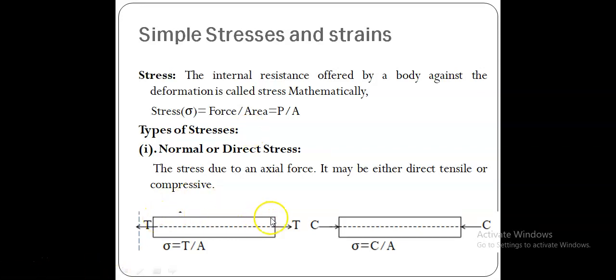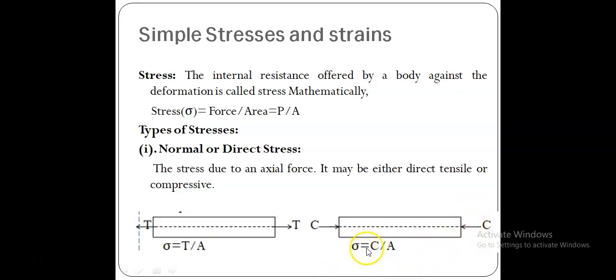Let us take this member or this bar which is applied axial tensile force capital T, and therefore the axial tensile stress sigma or normal stress sigma is equal to T divided by A. Like that, there is another member which is carrying axial compressive force, because this load is applied along the axis of the member, and this is the length axis. So this is the length dimension, this may be thickness, and there is another dimension, breadth, available.